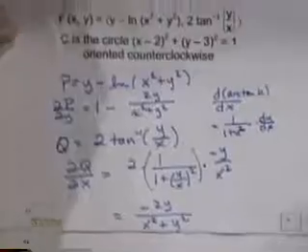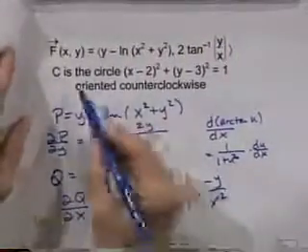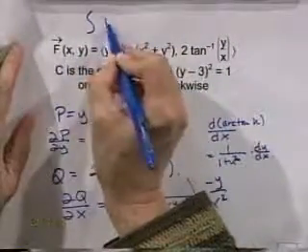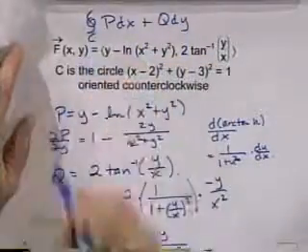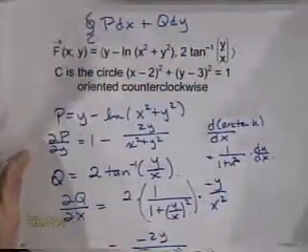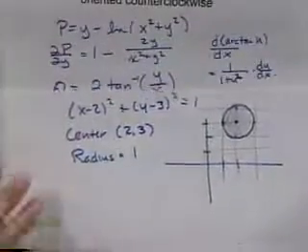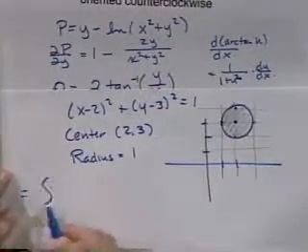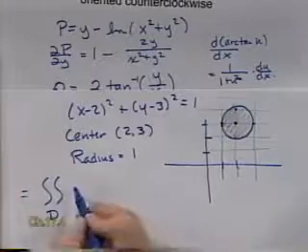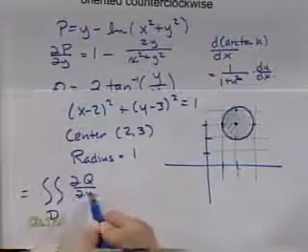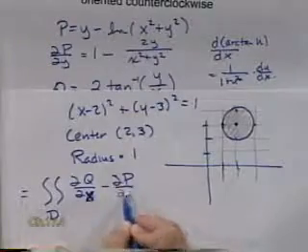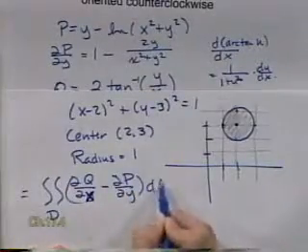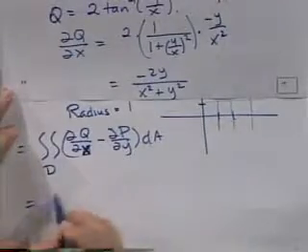Okay, so Green's theorem says this hideous integral of p dx plus q dy over that curve that we just drew, that circle, is going to equal the double integral over my region of partial of q with respect to x, minus partial of p with respect to y dA. And a few minutes ago I got what these partials are. So this equals